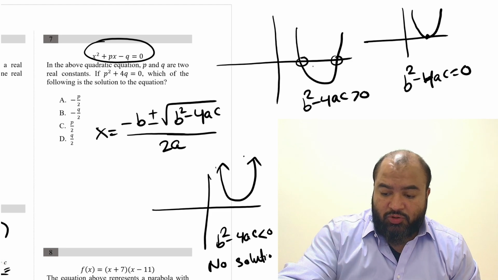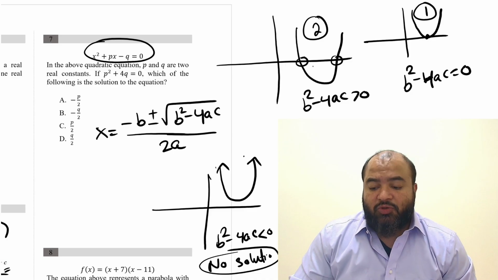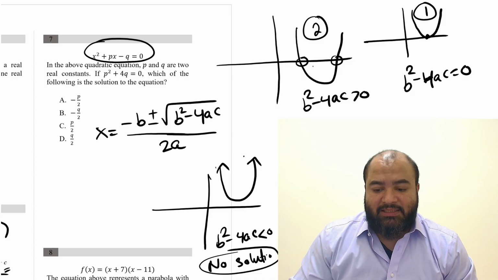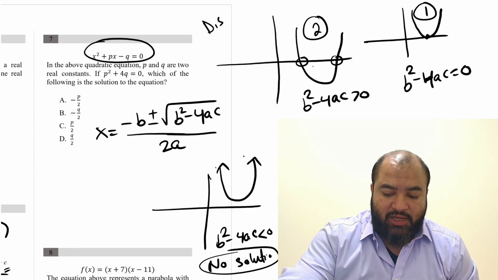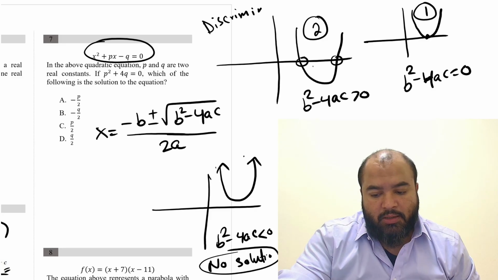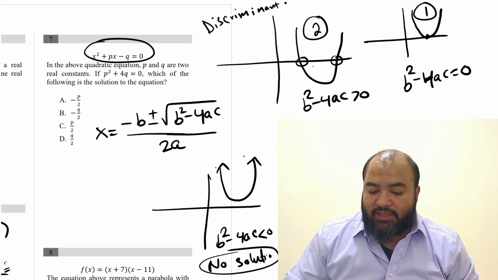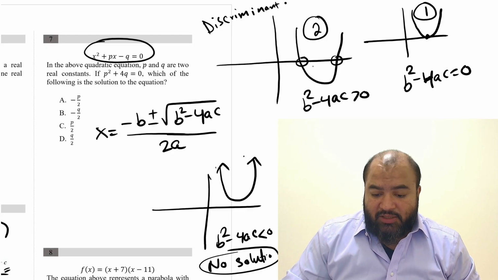Okay, so two solutions, one solution, and no solution. So b squared minus 4ac decides that. This is called the discriminant. So the discriminant decides how many solutions the quadratic equation has, right? Now in this case,